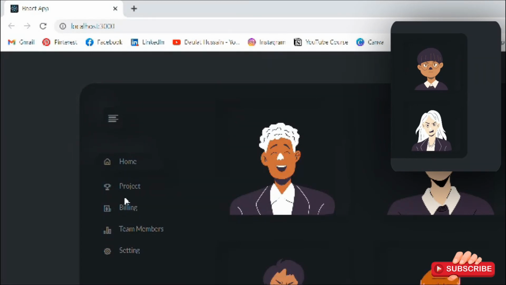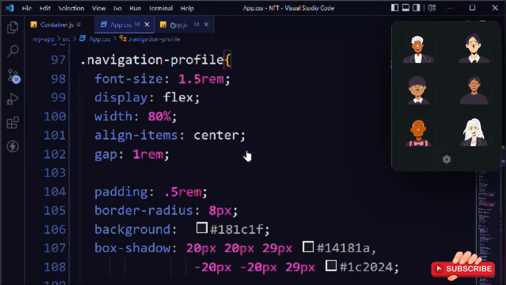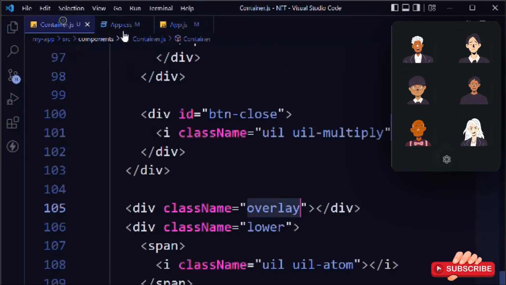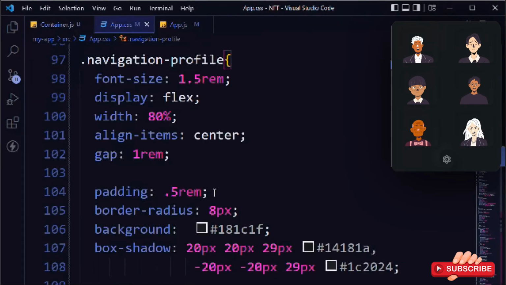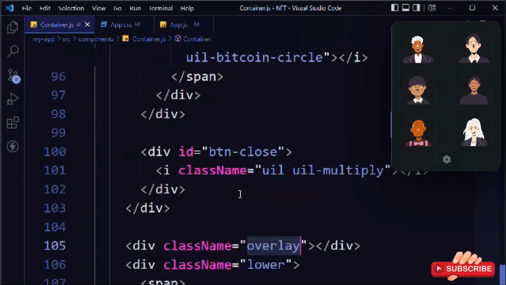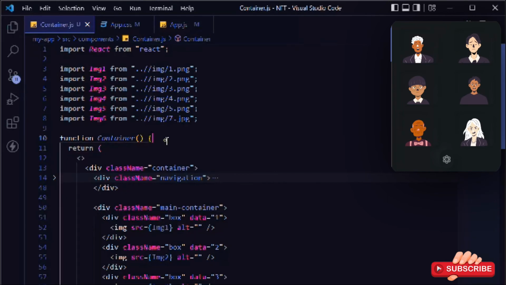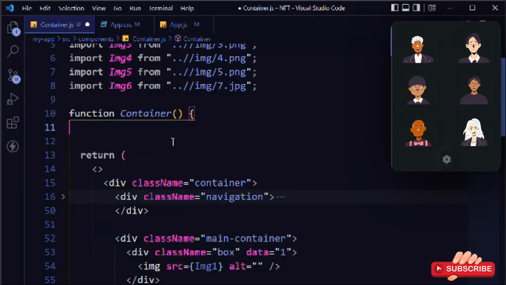Nice icons, these menus are looking good, these pop-ups are also looking good, and this is how it will look on a mobile phone. Now we have to add the functionality. So let's come in app.js, sorry, container, and here we are in app container. Let me zoom out, let's go up, and here we're going to write all the functionality code,